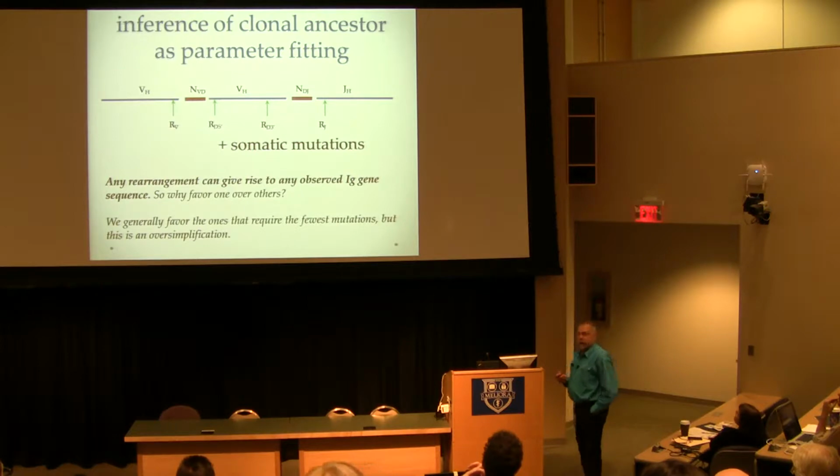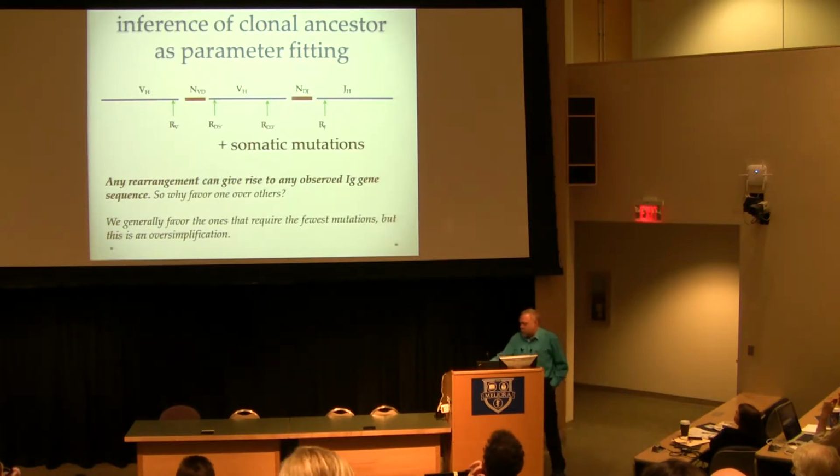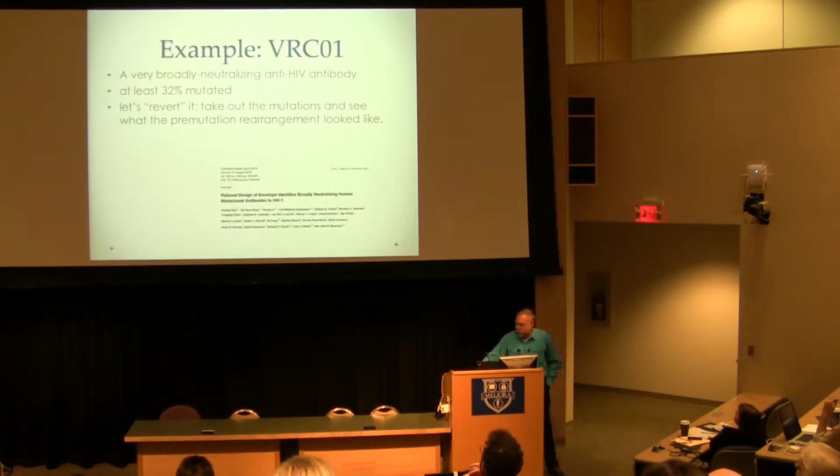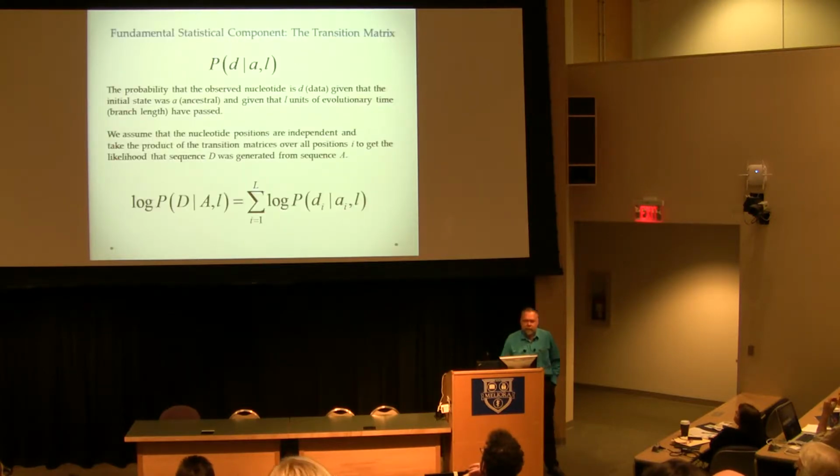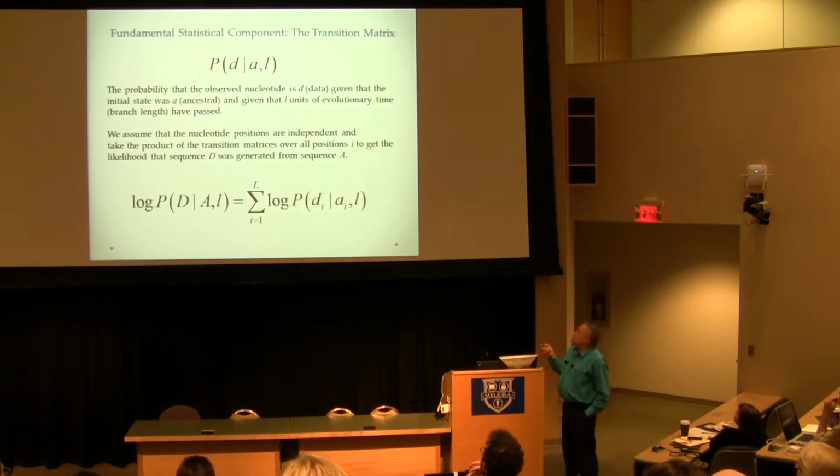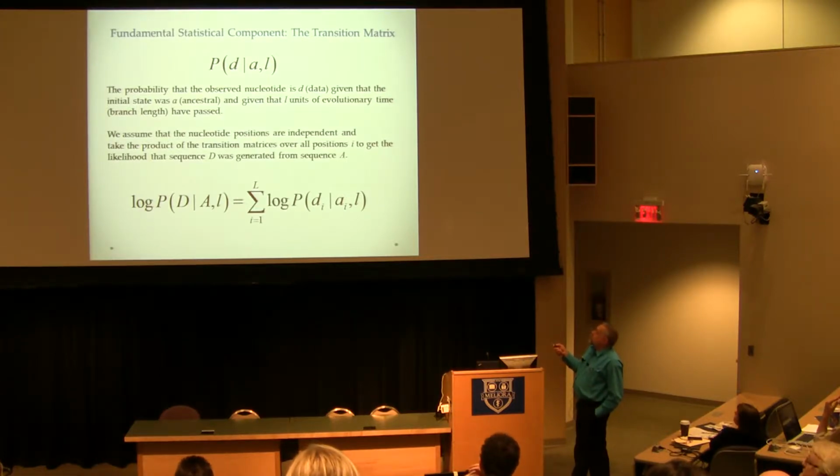But why is that? That's because we understand that mutations are relatively rare, and we are going to use a model for the introduction of mutations by which the probability that nucleotide state A gives rise to nucleotide state D over a branch length L is